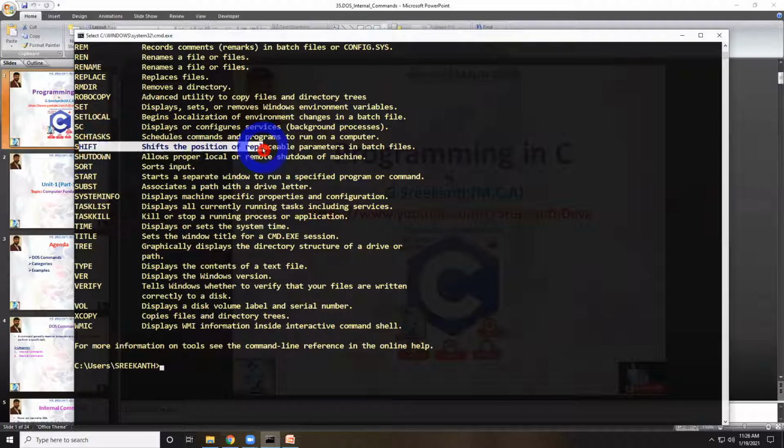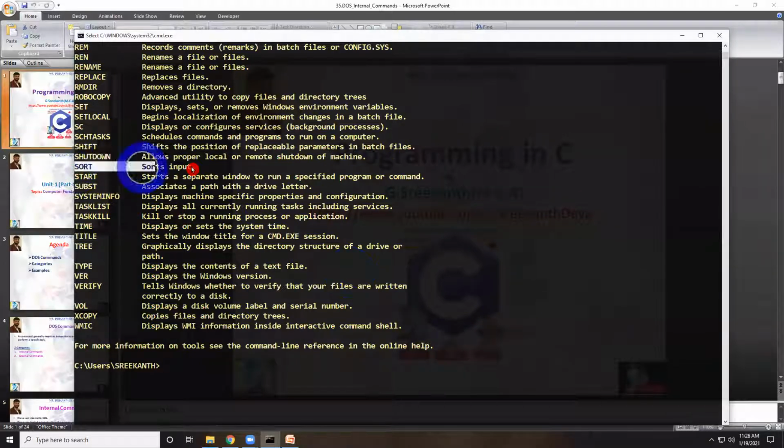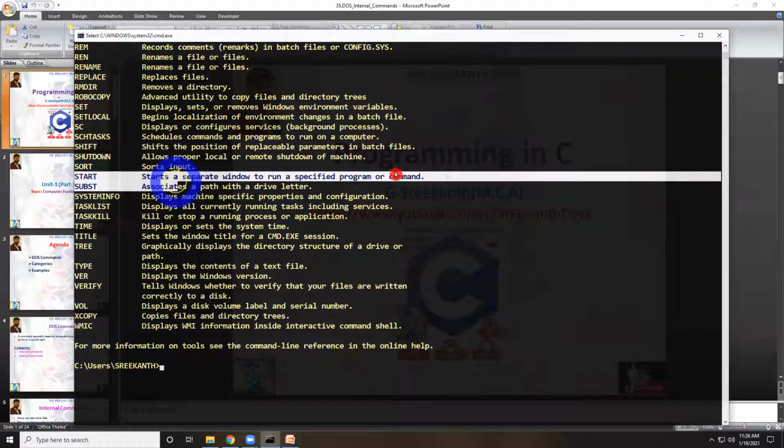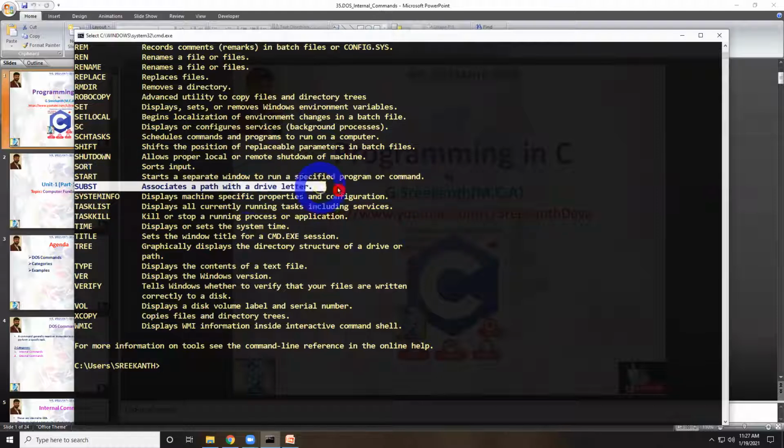Okay, shift command: it shifts the position of replaceable parameters in batch files. Shutdown command: allows proper local or remote shutdown of machines. Sort command: it sorts input; we'll discuss it in the coming sessions with the external commands. Start command: it starts a separate window to run a specified program or command. Subst command: associates a path with a